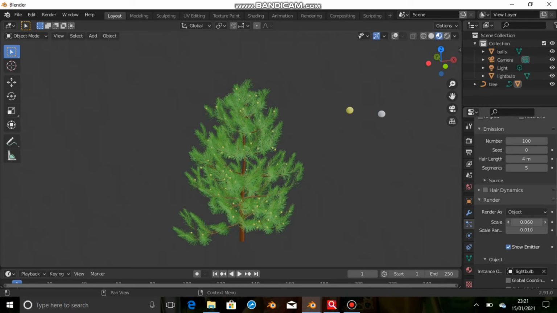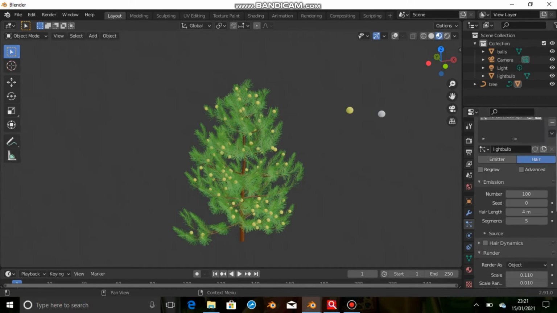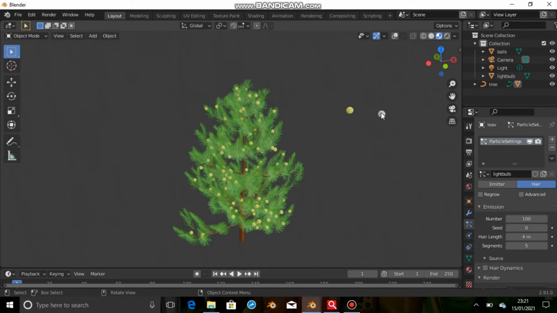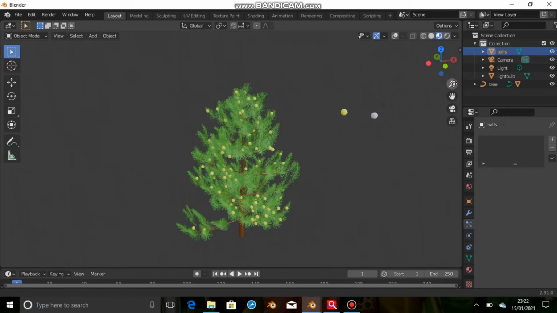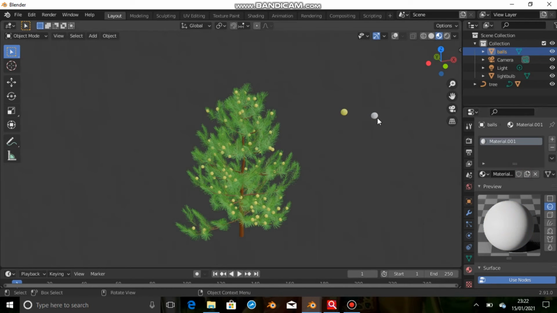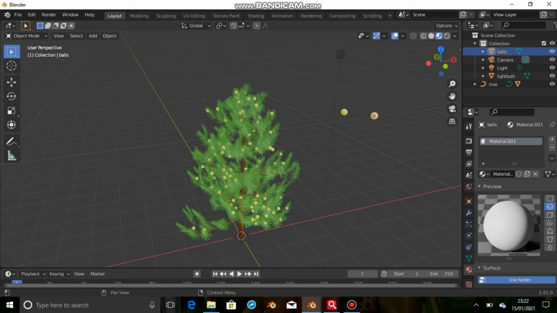So now it's time to add bloom. Coming to the render properties, we will use this as a bloom. Now it's time to add this light bulb to the Christmas tree.